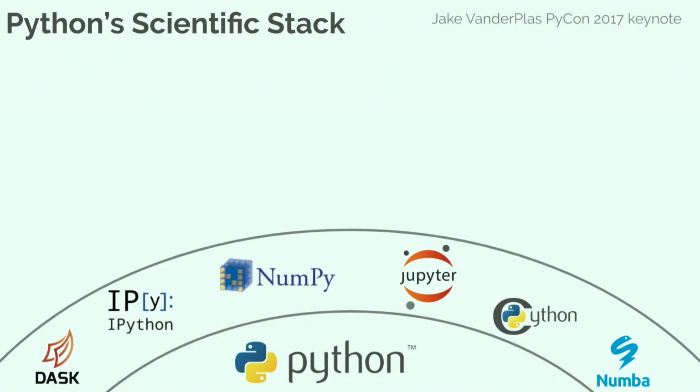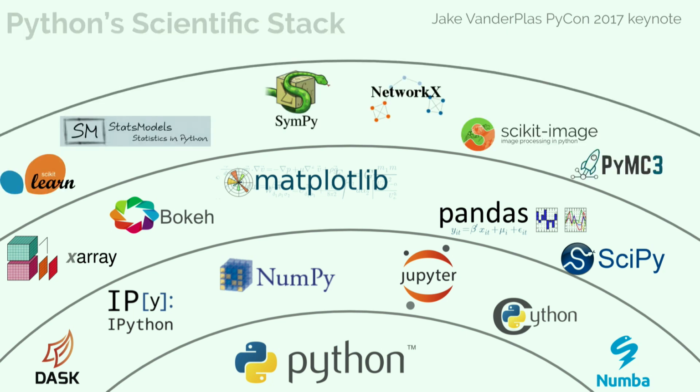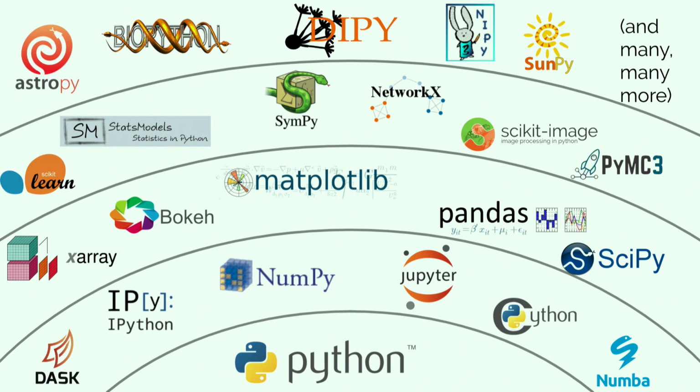I work a lot in Python, and I work in the sort of general PyData stack. These are some slides taken from Jake Vanderplas's keynote in PyCon 2017, where he talks about the sort of multi-layered stack, where you have Python at the core, you have some sort of core numerical libraries just above that. You have a variety of other libraries for different sorts of algorithms on top of that, and then a variety of other more algorithmic or domain-specific systems. This is what people often call the ecosystem. There's hundreds or thousands of packages designed for a variety of different kinds of problems to solve. No matter what kind of scientist or analyst you are, there's probably some package that was designed for you with